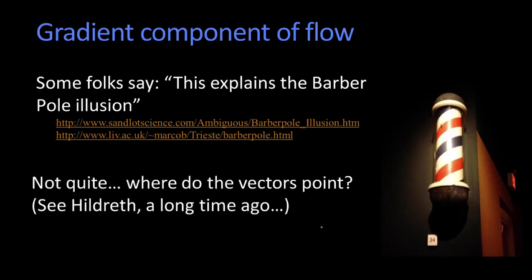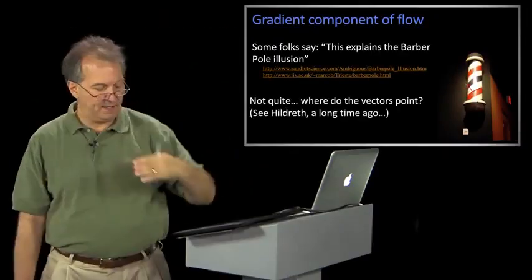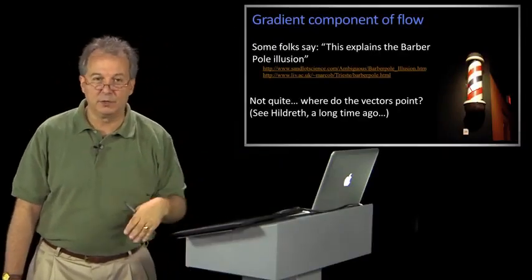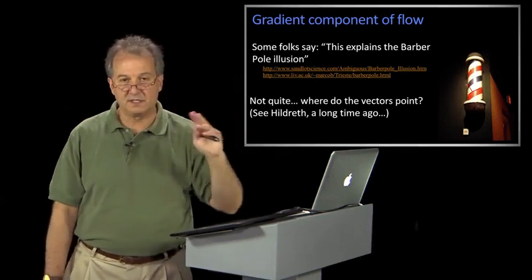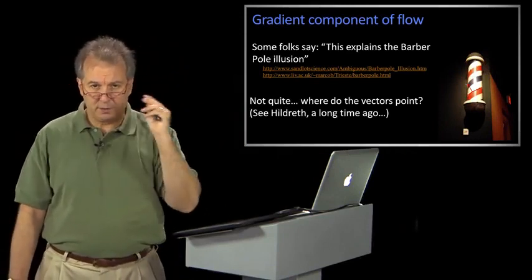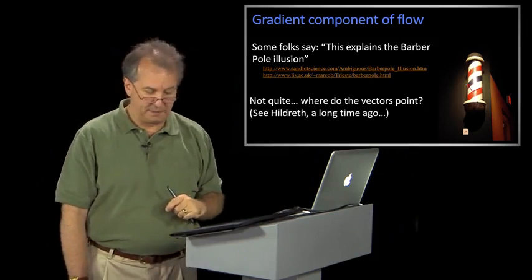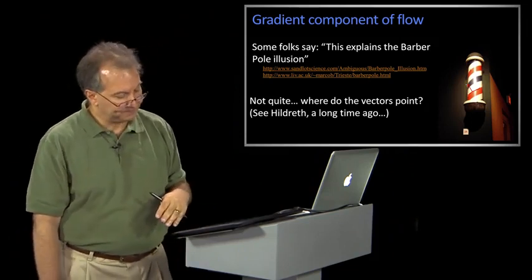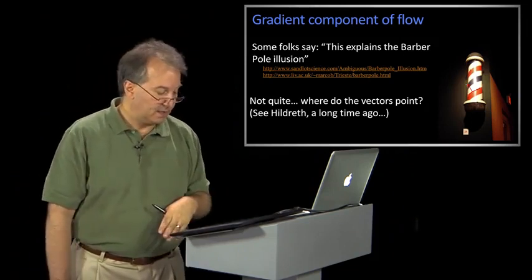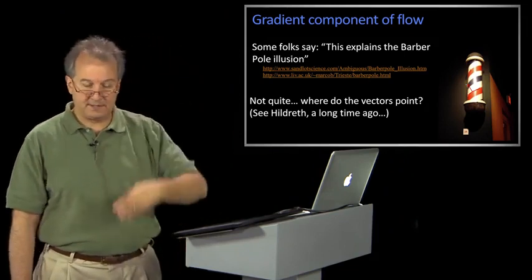It doesn't explain it. Because if you think about it, the gradients here are not quite vertical, right? They are off a little bit. And so you can get a flow that's like that. And you have to do some integration to decide that the whole thing is moving up. And actually, Ellen Hildreth, a very long time ago, in her PhD thesis, looked at how you use the normal flow and you can integrate it in order to make you might see the pole move up. But it is the case that there are places out there that will tell you that this is because of